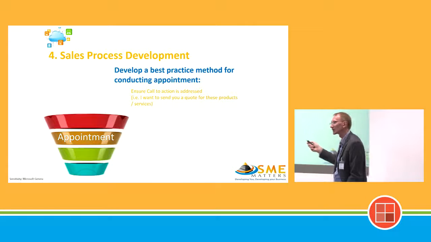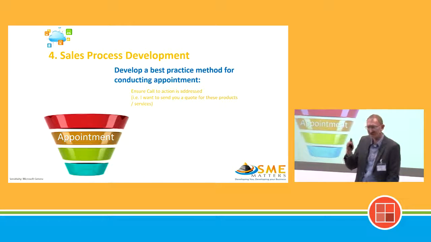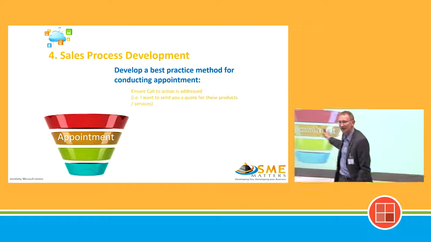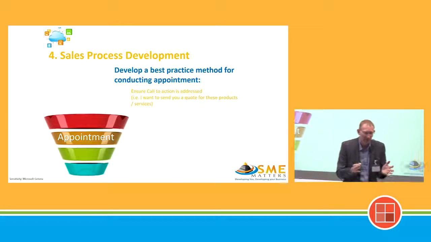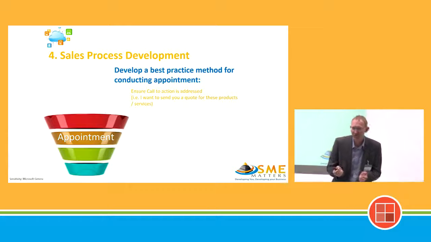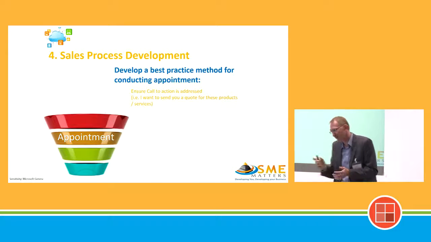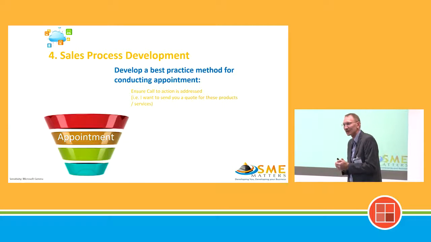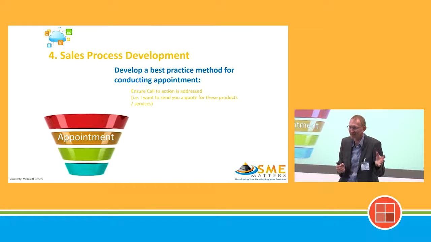I had a scenario here where I was working with a medical technology company, and they had an extra step in here. They had an assessment step before the appointment. So they would go in and do an assessment, or an audit if you want to call it, and then they would set an appointment to do the sales visit. The MD had a conversion rate of 86% from the assessment stage to the appointment stage. When we analysed the conversion rates of his 6 staff, the average rate was 38%. So the MD was getting 86%, and staff were getting 38%.